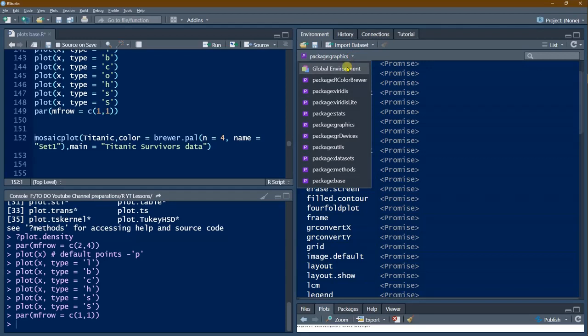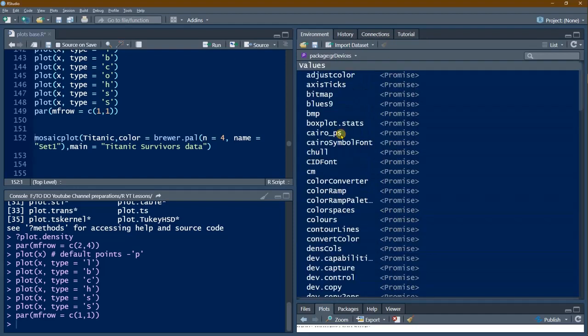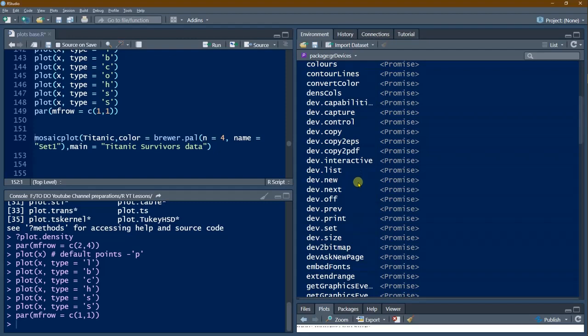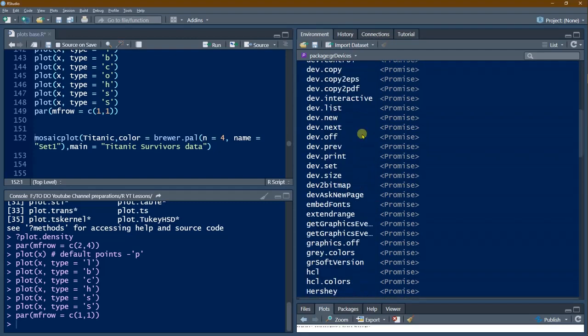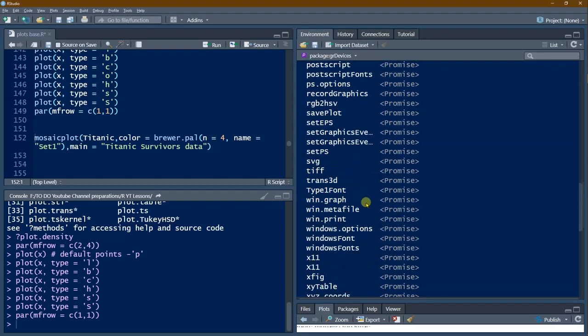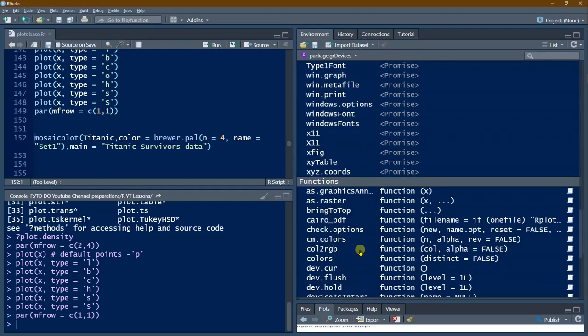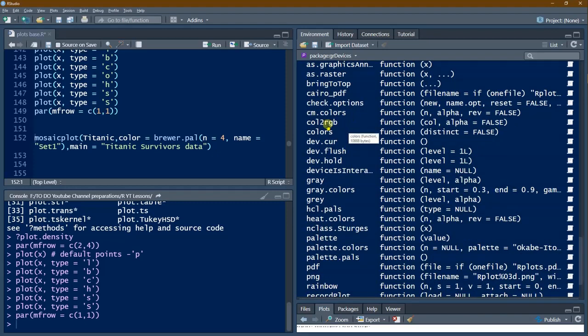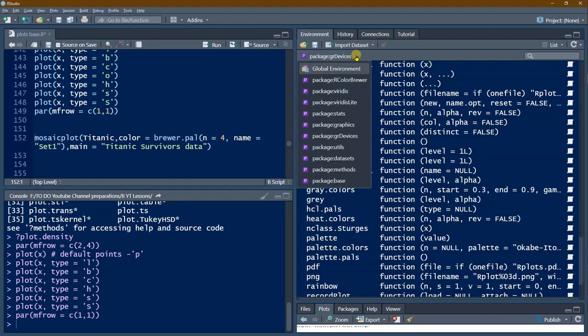Okay, now we'll go back to the grDevices package. Here you can adjust the colors. You have various devices for printing in PDF, etc. For that the values are all shown. Here also you can see various functions. We have got png and heat.colors, and we have seen hcl.pals also. So this kind of functions, col2rgb also is available, and cm.colors are available. These functions are from the grDevices package. So let's set the global environment back.